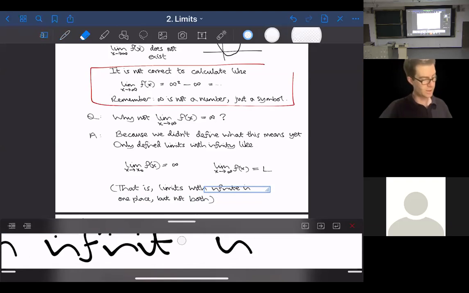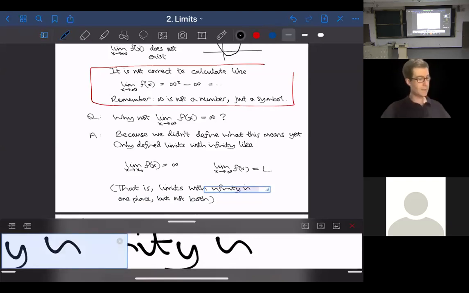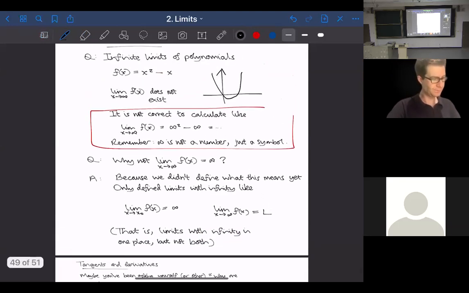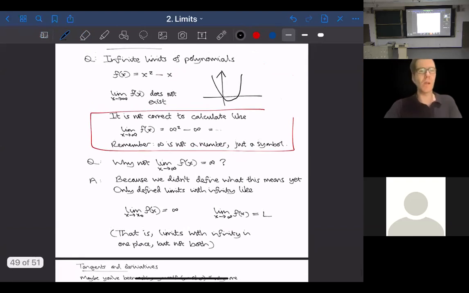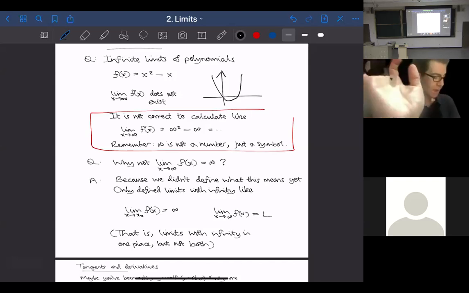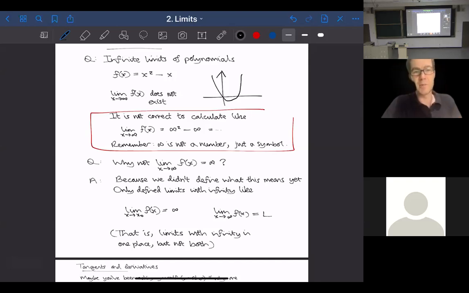Okay, so a question in the chat. In this example, if f(x) is x squared minus x, why can't we say the limit as x goes to infinity is positive infinity? Because we can see from the graph that as x gets larger and larger, the function gets larger and larger in the positive sense. So there is a way to define this to be true, but I want to be careful about saying anything about it,